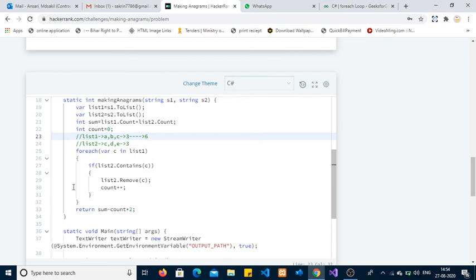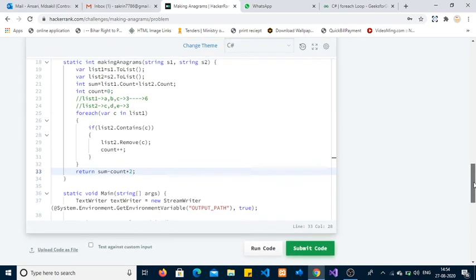At the end of this foreach loop we exit, and we already calculated the number of items present in both lists, that is 3 plus 3, 6, and the items we removed from list2 are common, so I'm multiplying by 2. The total number of elements present in both lists is 6, and 6 minus 2, 1 into 2 is equal to 2, 6 minus 2 will be 4, so 4 items need to be removed from the lists.